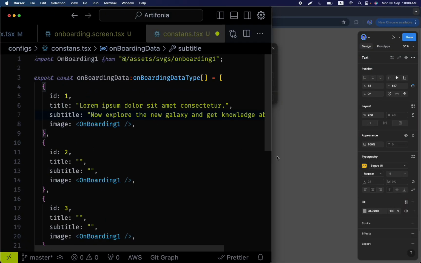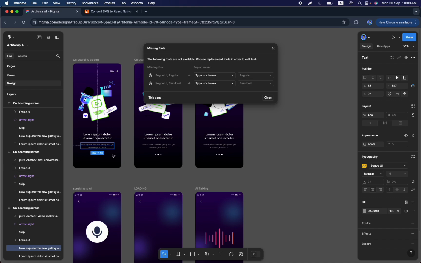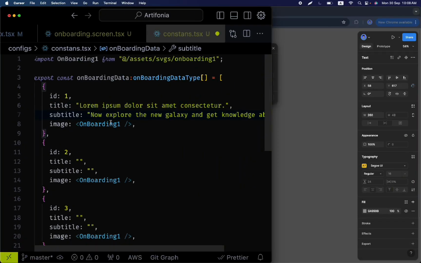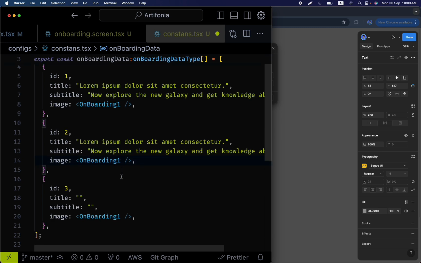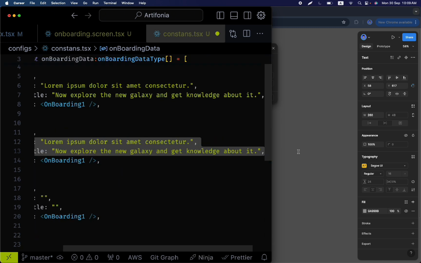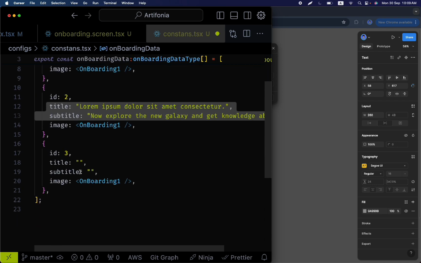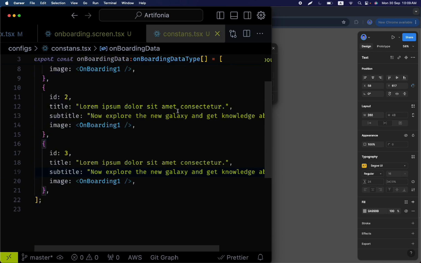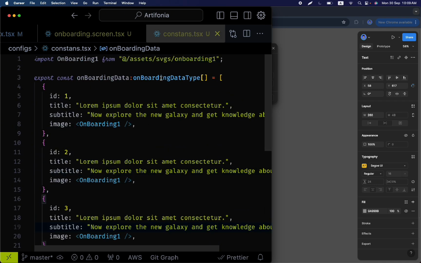Great. For the second one, I think same thing. Yeah, we can keep it same for now, no problem. We can just update the image, and then that will be perfect for us. So title, update it, subtitle, update it. Great. Same thing. Let's do it here again. Now we can save it, but we have to update these